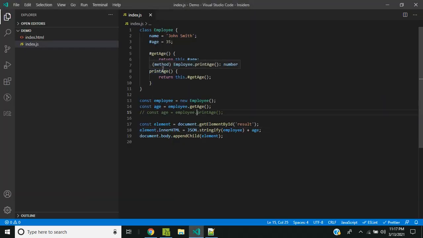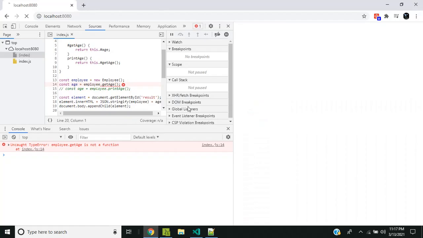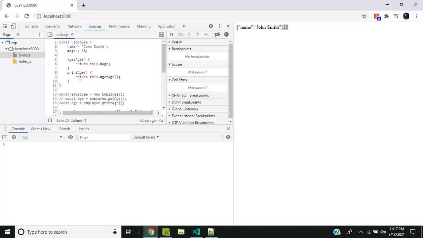Now I have created a second method which is public, called printAge, which internally calls the getAge method and returns us the age. So now let's comment out the getAge call and call printAge, and when we do that you can see that the age is getting correctly displayed in the HTML. So inner methods like printAge are able to access the private methods internally, but we will not be able to access them outside the class.